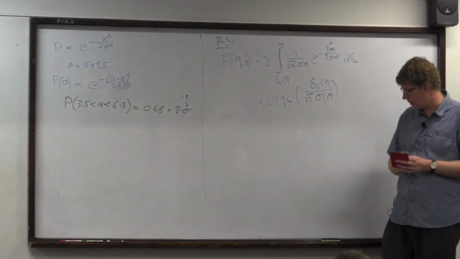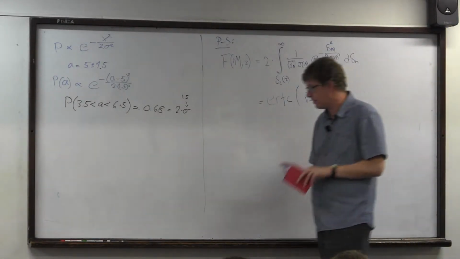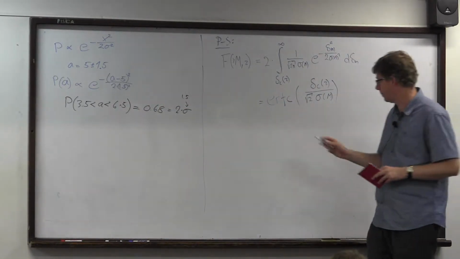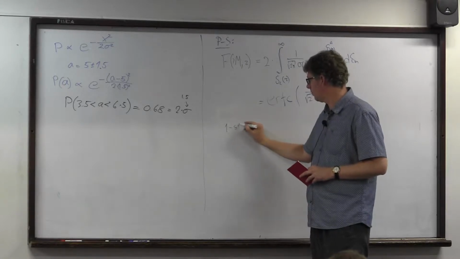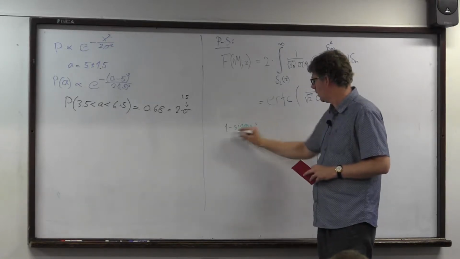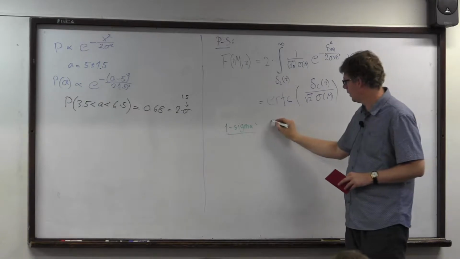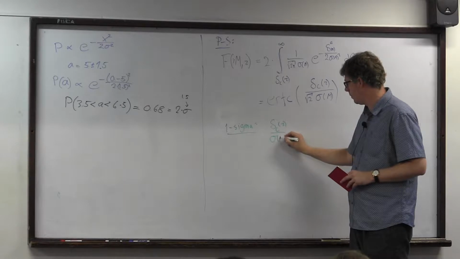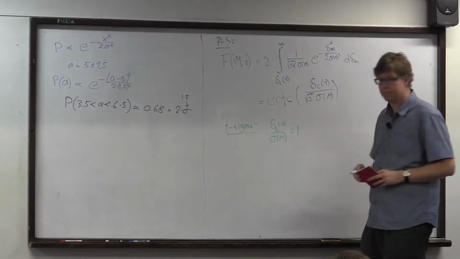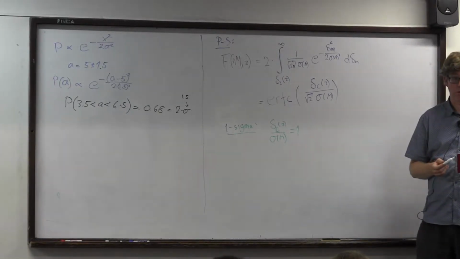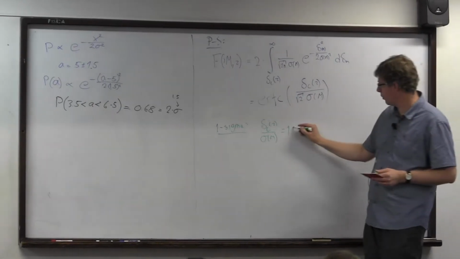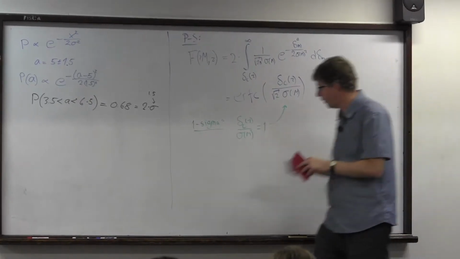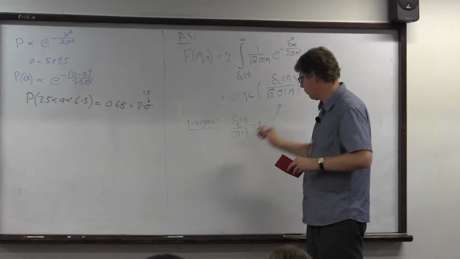And now we can realize something very simple. Now we need to use this 1 sigma. So 1 sigma, I told you that means delta C over sigma of m equal to 1. Which is very nice, because I can then put that in here. And I will find that the fraction I'm looking for